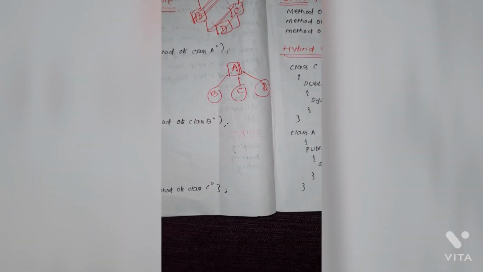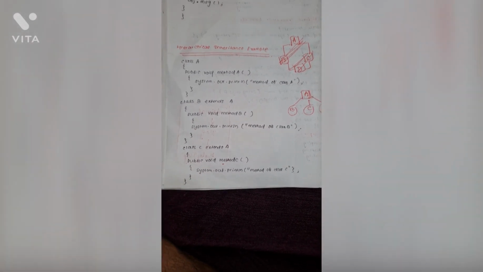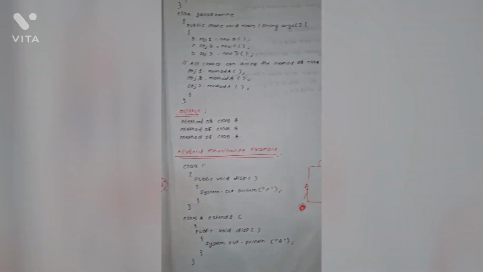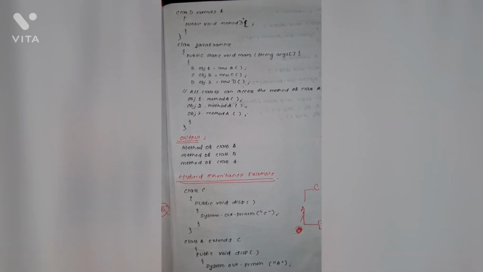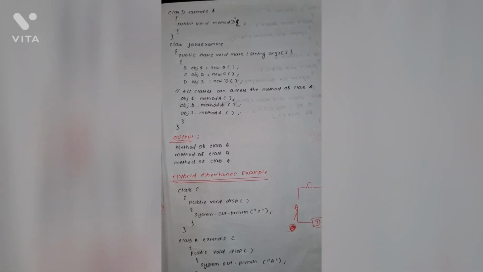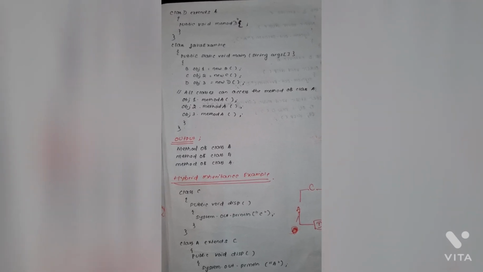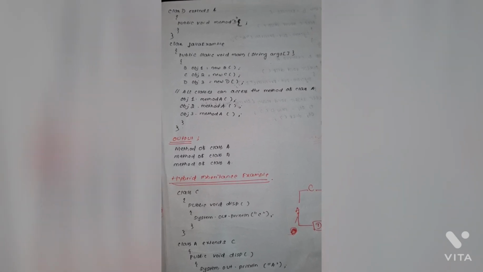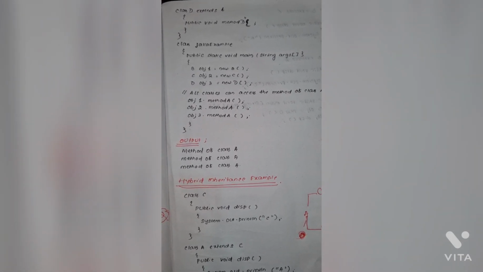Now coming to hierarchical inheritance, you can clearly see I have taken A as the base class, and three child classes B, C, and D have been derived from class A. So I have written class A, and next class B extends A, class C extends A, and class D also extends A. Each of the methods of class A will be in all three, in B, in C, and D. You can clearly see I have taken three objects, object 1, object 2, object 3, and each of them accesses the method of class A. So this is an example of hierarchical inheritance in which there is one base class and multiple child classes B, C, and D who inherit all of the properties and methods of class A.